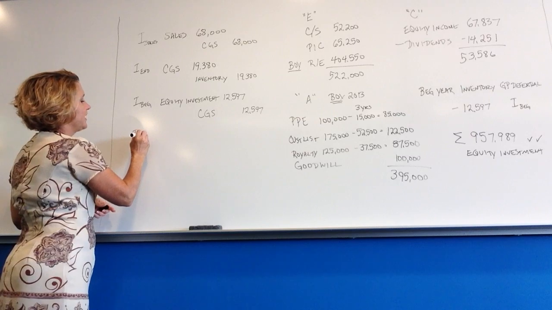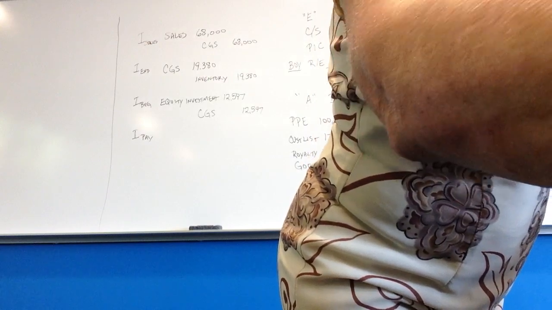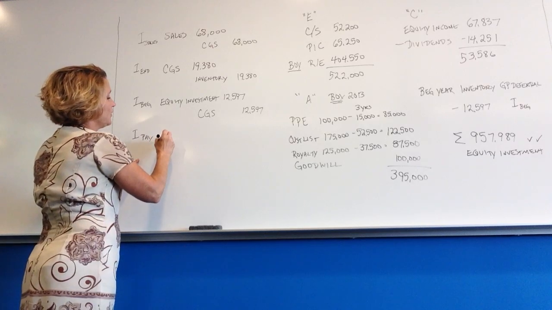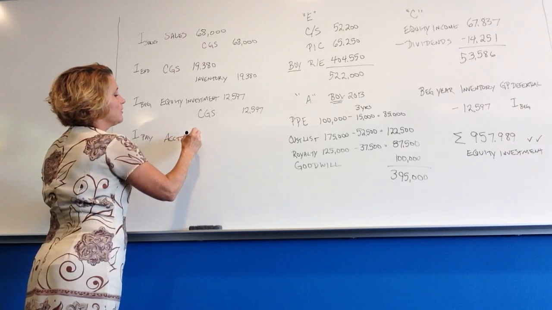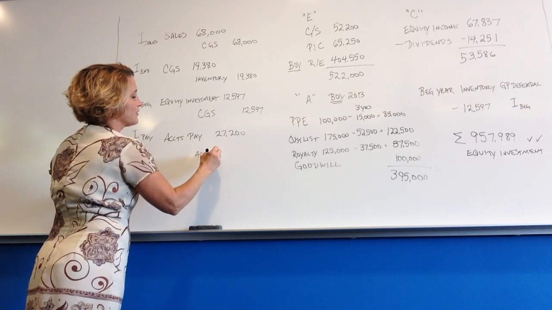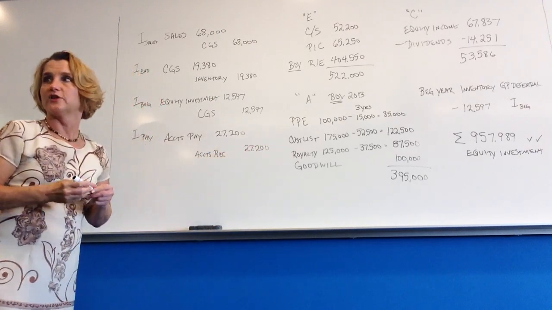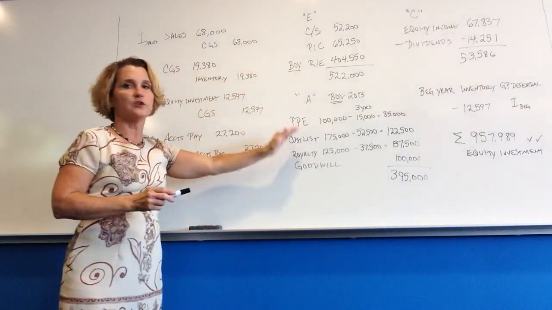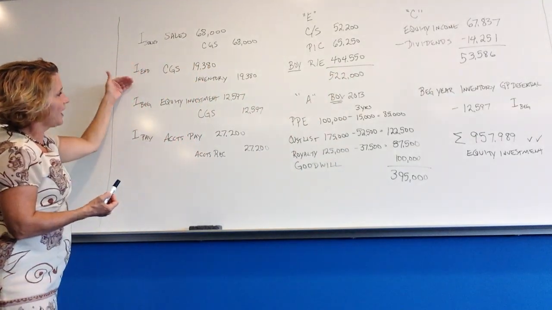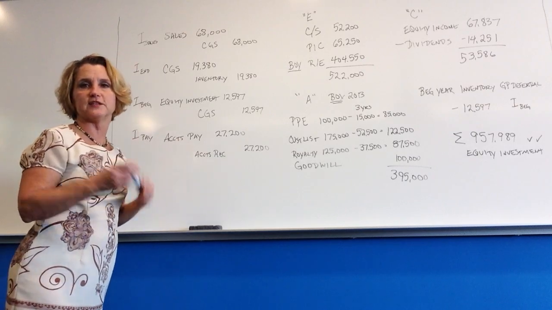Then we have one final entry to make, and that deals with our payables and our receivables. So it tells us that there's a $27,200 receivable at the end of the year. So then we need to debit the accounts payable for $27,200 and then credit the accounts receivable for $27,200. And then that completes our entries. So then you still have your E, your A, your C, and then your D for the depreciation. And then now you have these I entries, and you'll have 4 I entries when we're dealing with these intercompany inventory